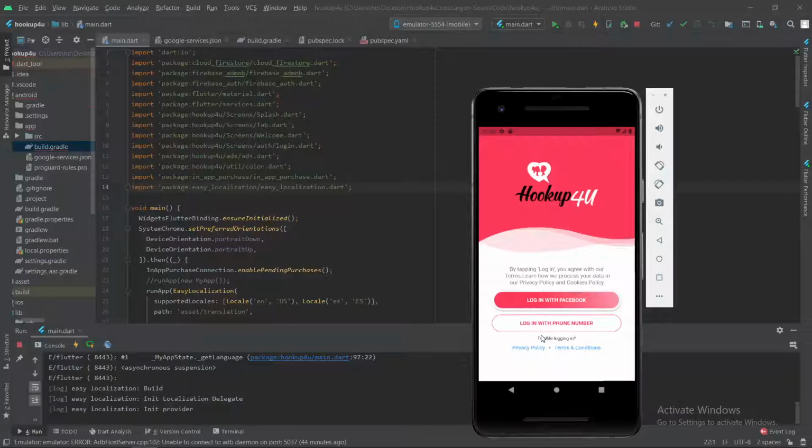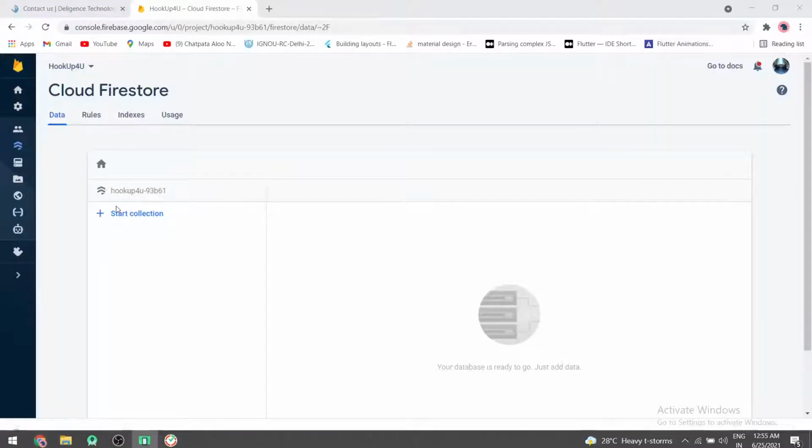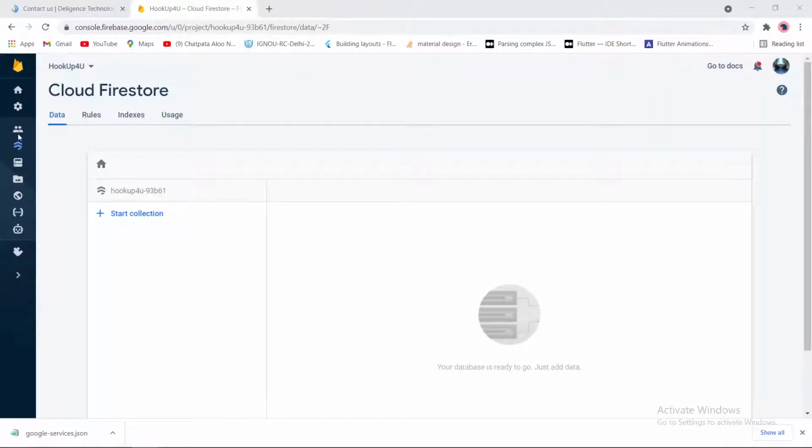Now before we start testing login with phone number, I would like to use dummy data for this purpose. So for that, I will go to my authentication page here.